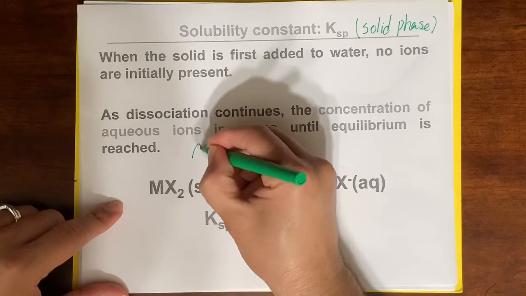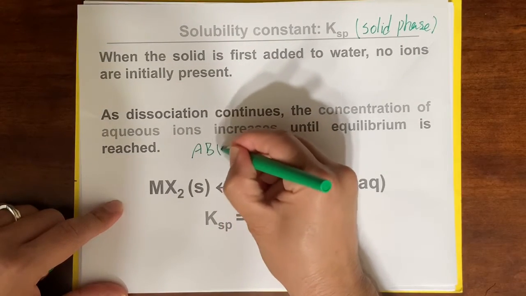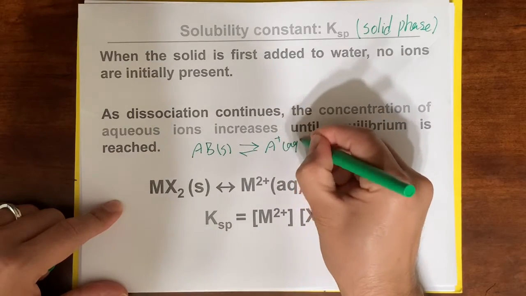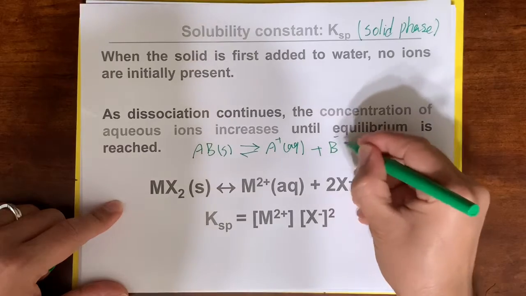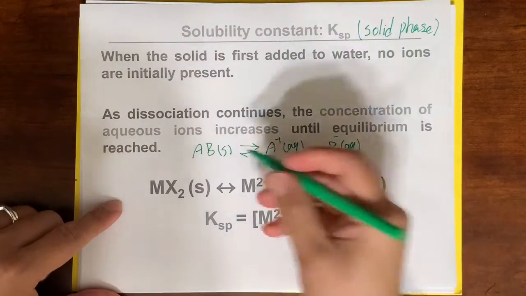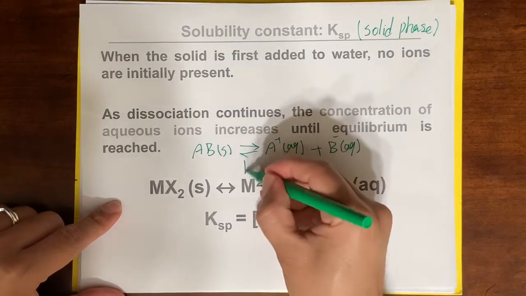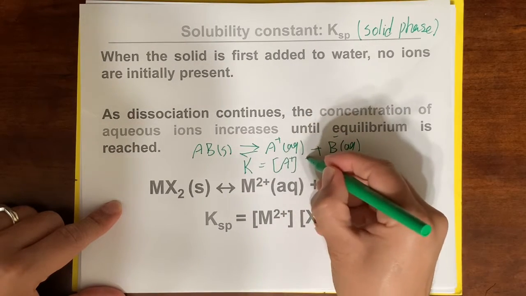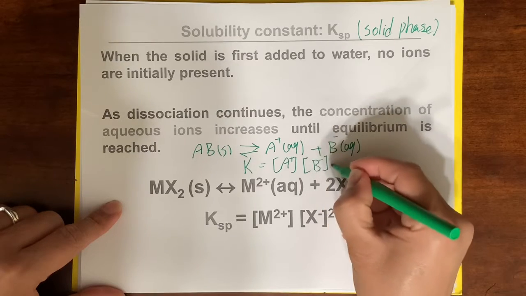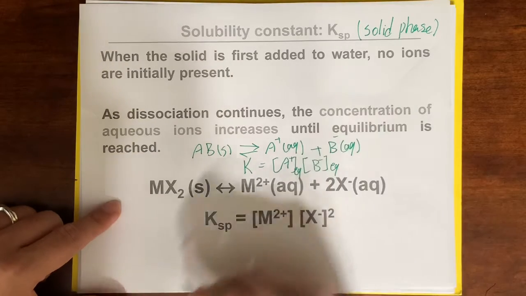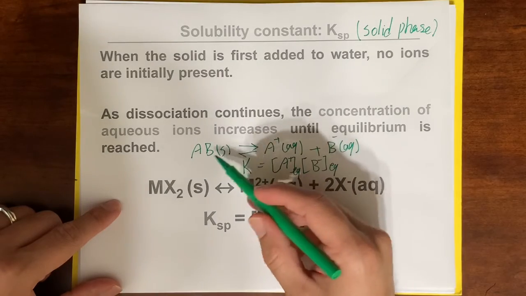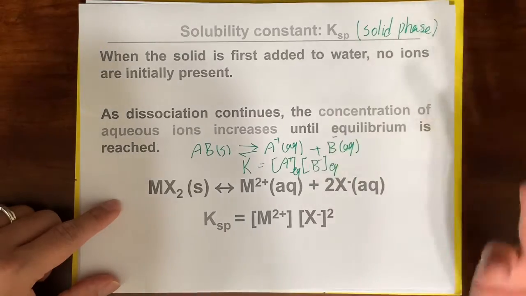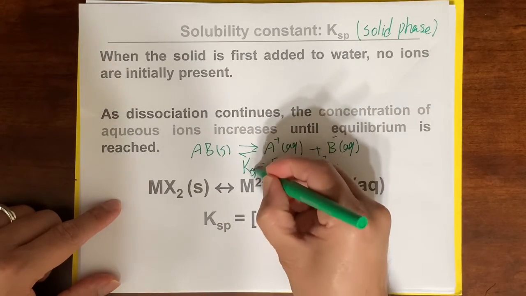Let's say we have AB solid under equilibrium with A plus B. Because it's an equilibrium, you will say K, the concentration of A plus multiplied by the concentration of B minus under equilibrium condition. But because we have a solid, we keep that in mind, and we say SP,